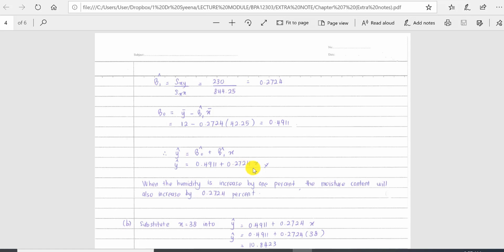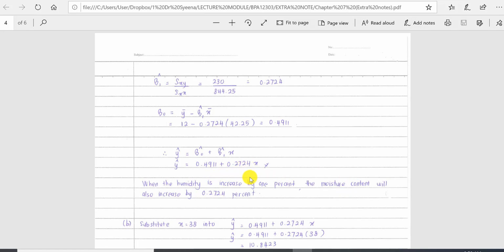So what does it mean? When x is increased by 1%, then the moisture content will also increase by 0.2724. Because this example is we want to study the humidity and also the moisture content. So when the humidity is increased by 1%, then your moisture content will also increase by